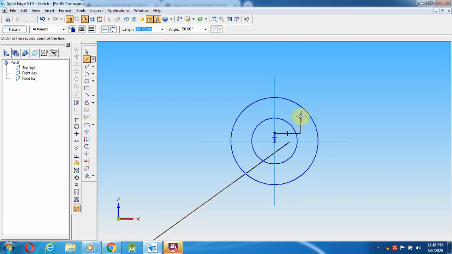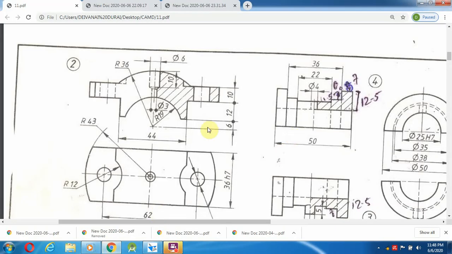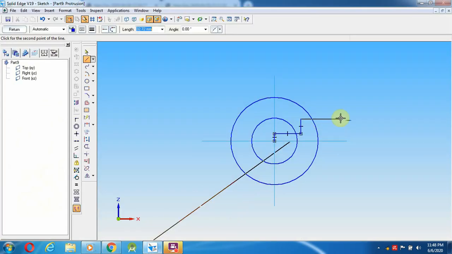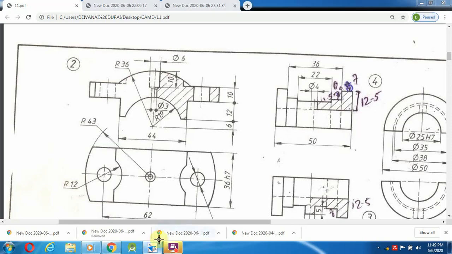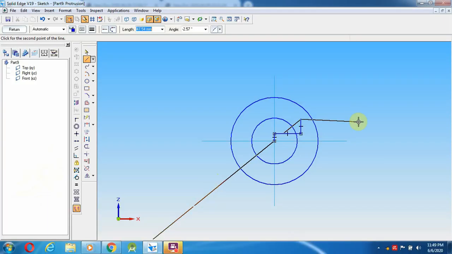That 12 mm I'm going to create over here, towards the right side. Again towards the right side, the given distance is 43 from here. We have already drawn up to 22 mm, so 43 minus 22, the remaining is 21 mm.